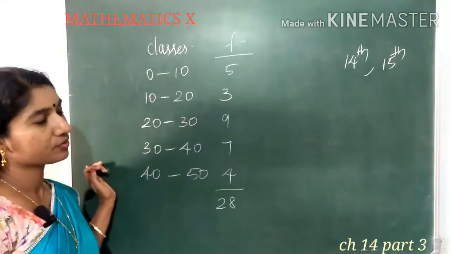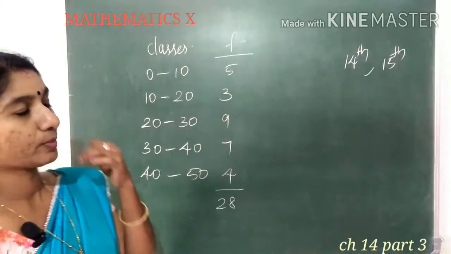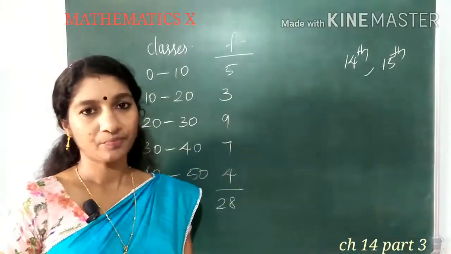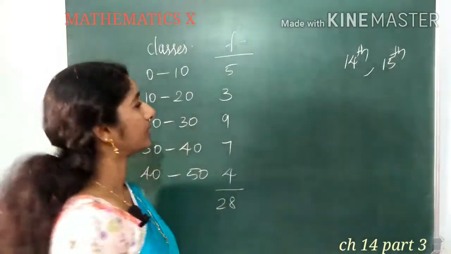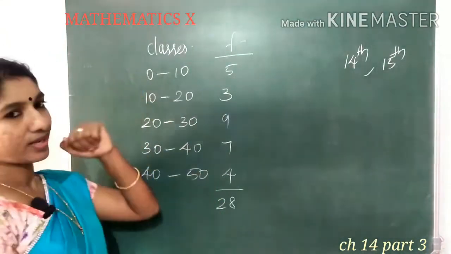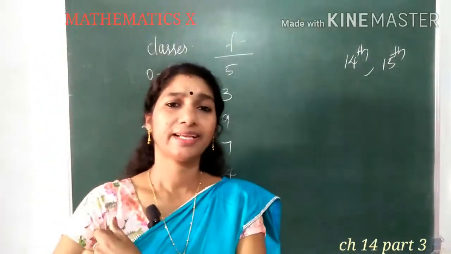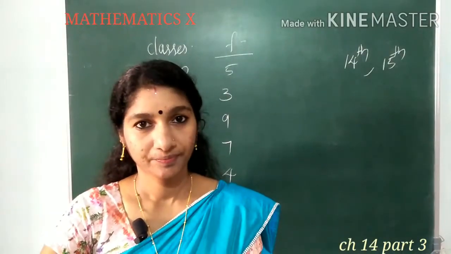So for that we need to find cumulative frequency. 2 types of cumulative frequency list we can give, that is less than type and more than type. I will show you what is less than type. Suppose we are calling the students like this. Means for finding the middle value, either we can arrange in ascending order or in descending order, isn't it?